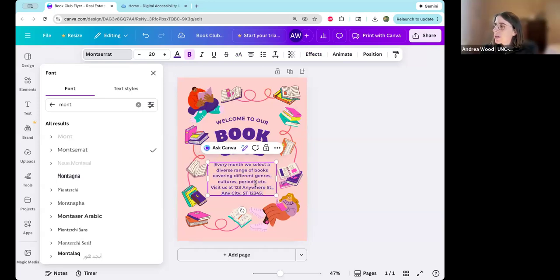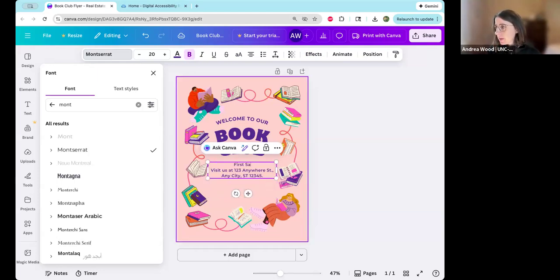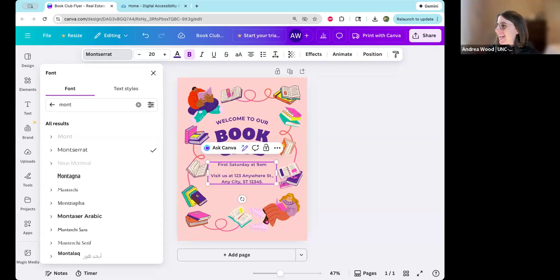Here, this is a huge block of text. So we want to create some chunking here. And we only want to give information that is really important in this. So maybe we're saying that we're going to have this every month, but maybe it's on the first Saturday of every month. So we want to put that information front and center. First Saturday at 9 a.m. or something like that. And then